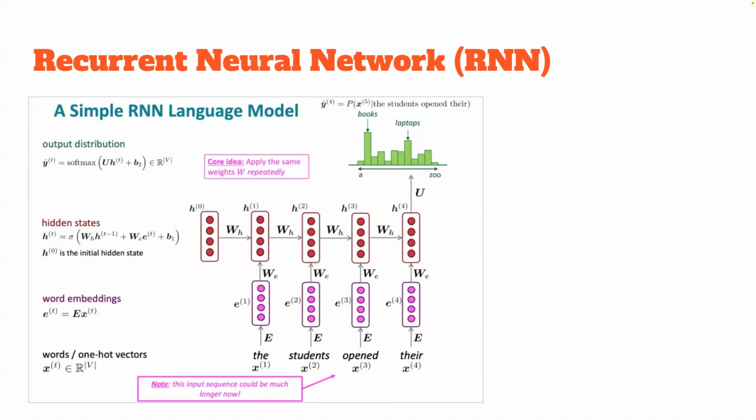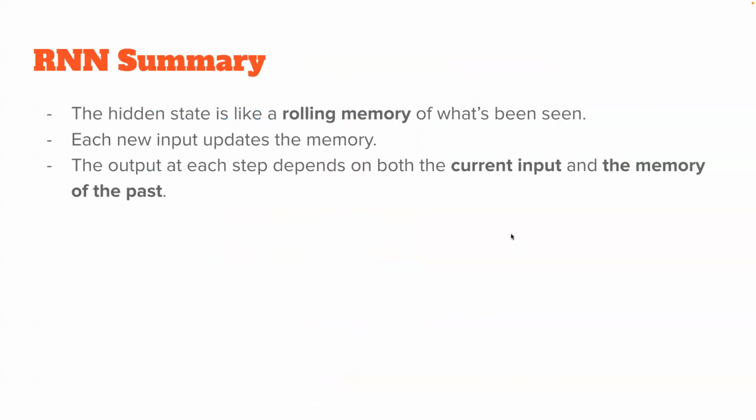Okay, so this is basically how the recurrent neural network works. It's very good at processing sequential data like this. All right, a quick summary: the hidden state, the hidden layer, is just like a rolling memory of what's been seen. Each new input updates the memory, and the output at each step depends on both the current input and